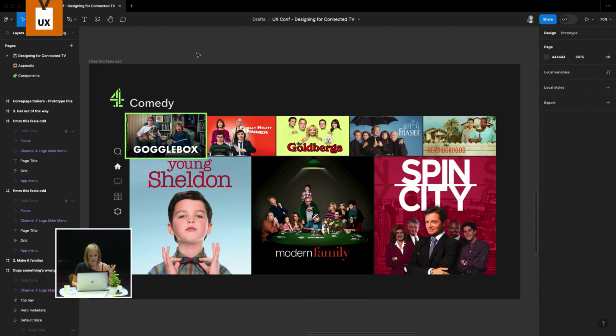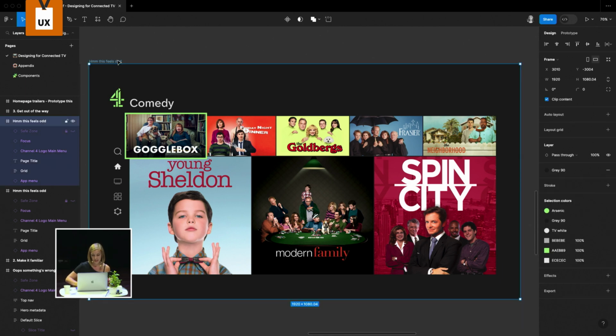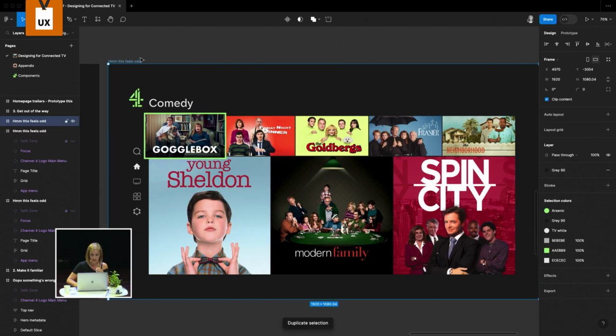If you think of our focus state as that point on the map when you're in a foreign city and you're getting to a map, and the first thing you want to look for is the big arrow that says you are here. So hopefully we've made that a little bit easier. Now, if I duplicate this design again,